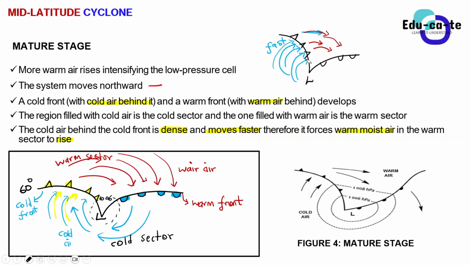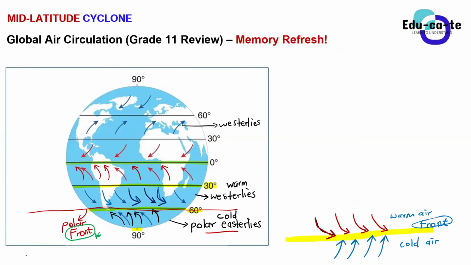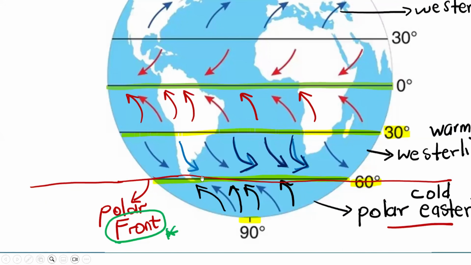This cold air is pushing the warm air to do what? To rise. All right. So now let's address point number 2 from Sam, the one that says the system moves northward. This one requires us to go back to this diagram, right? So back in this diagram, the mid-latitude cyclone, where did we say that it forms, guys? The place of formation, where does it form? At the polar front. Yes, at the polar front, which is approximately at the 60 degrees line of latitude, right?